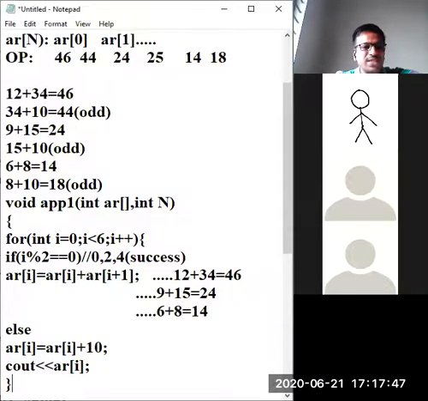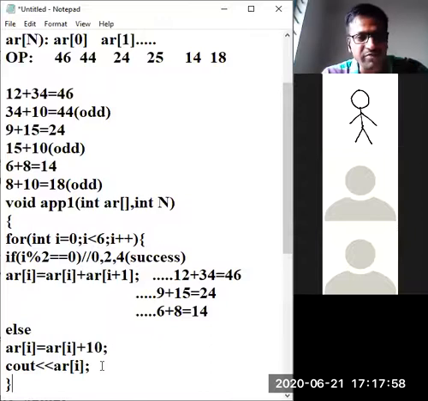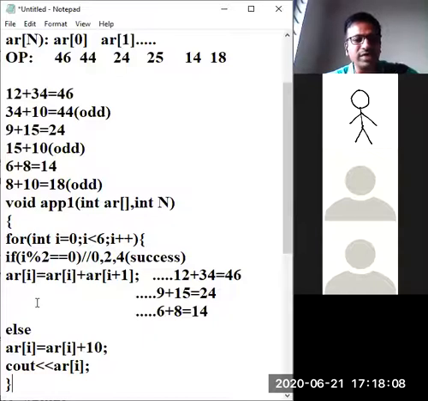Inside else only one statement is there. Inside if one statement is there. Inside else one statement is there. See, so every now and then AR of all the elements are printed, isn't it? AR of 0. Whenever it comes inside AR of 0, at the end, what will happen? Whatever is recorded for AR of 0, it will be displayed. Isn't it? Yes or no?